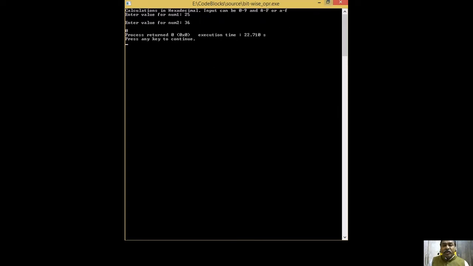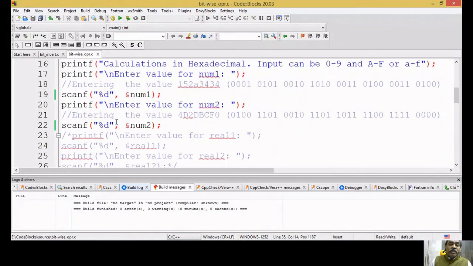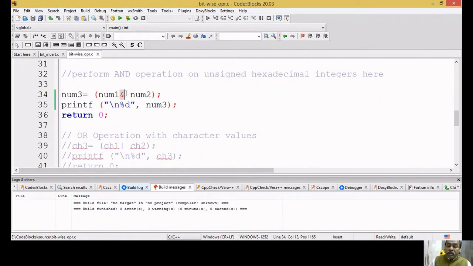We'll make changes to this program with the OR operation now. XOR, you will perform, and you will do and you will learn, right? Again, I'll start with %D now. Instead of the AND operation, I will give the OR operation. What is the symbol for OR? Pipe. Where is this pipe on the keyboard? Just above the enter key, right? Now the only change I make. So I should get 61 as the answer.